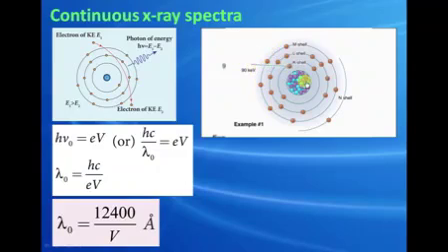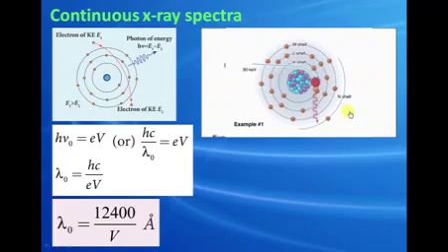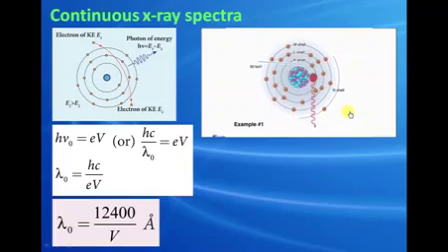When a fast-moving electron penetrates and strikes the target nucleus, the interaction between the electron and the nucleus either accelerates or decelerates it, and it also changes the path of the electron. The radiation produced from a decelerating electron is called Bremsstrahlung, or braking radiation. The energy of the photon emitted is always equal to the loss of kinetic energy of the electron. The electron may lose part of its energy or all of its energy to a photon.